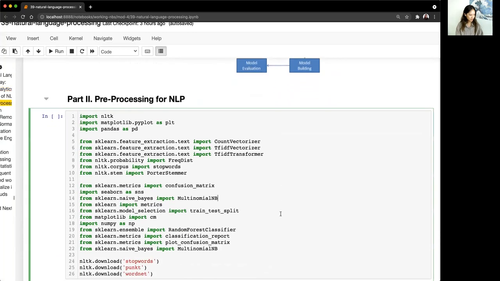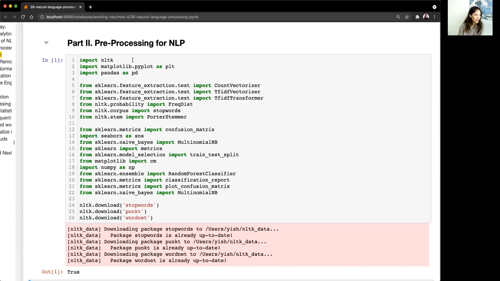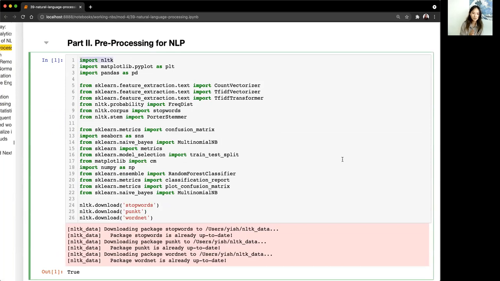So to start, these are our libraries. The main pre-processing library that we'll use is NLTK, which stands for Natural Language Toolkit. NLTK has a lot of useful things. For example, these download lines at the very bottom are actually downloading corpuses, and corpus basically just means group of text. You can see here we're downloading stop words, which I'm going to talk about in a little bit. I'm not sure we use punct in this notebook, I forget, but we're also going to use WordNet, and I'll show you what WordNet is in a little bit as well.